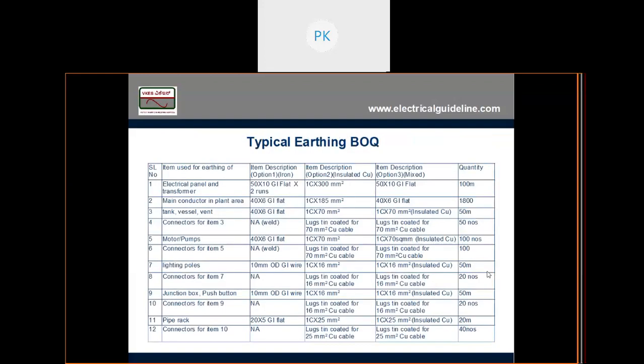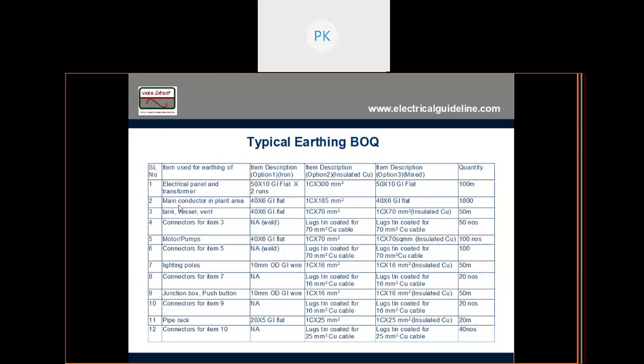Then coming to BOQ, I have to prepare a bill of quantity, right? So I have prepared a bill of quantity here after doing the design. For my panel and transformer I'm using 50 by 10 GI flat, and I got it as 100 meters.